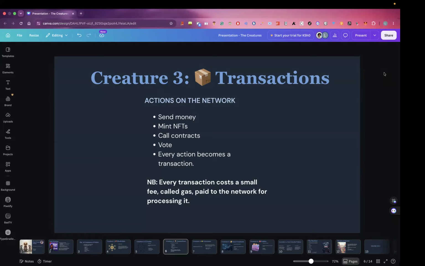That's it. So anytime an activity is performed by a client on the blockchain, that is known as a transaction. And in the case of Ethereum blockchain and Ethereum compatible chains like the layer 2s and others, there are usually three types of transactions or three categories. So we can put all transactions into one of these three categories. And the first one is transfer of cryptocurrency from one account to another. So in this case, when we see send money here, the money is the cryptocurrency. So transferring cryptocurrency from one account to another is a type of transaction on the blockchain.